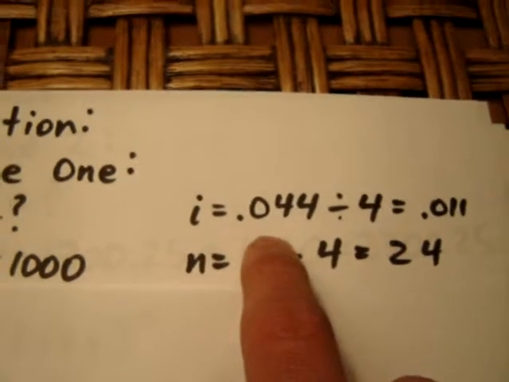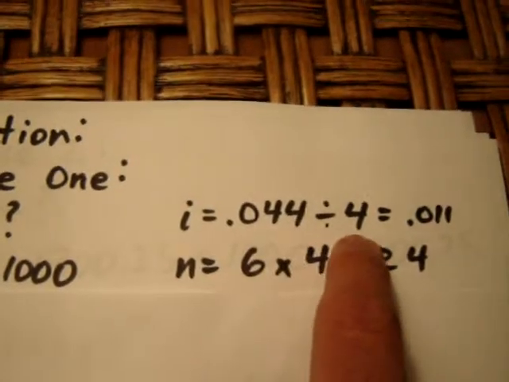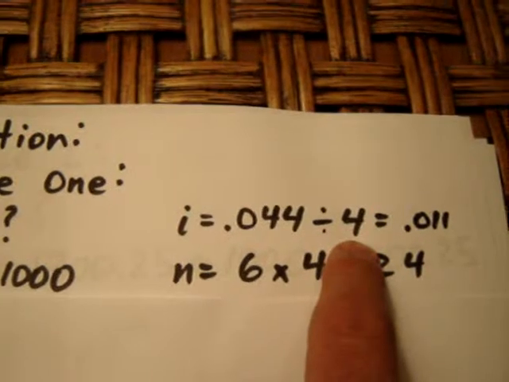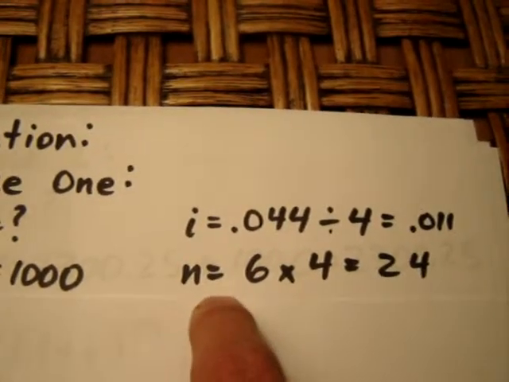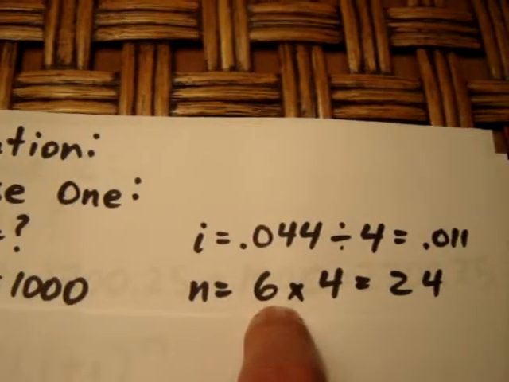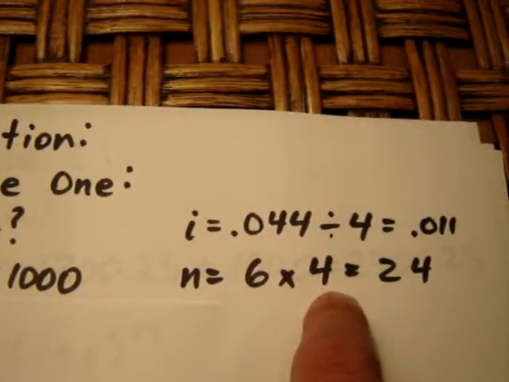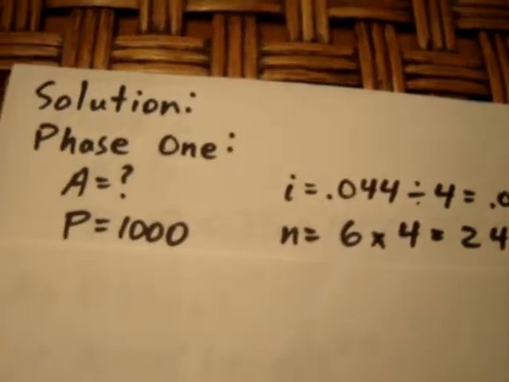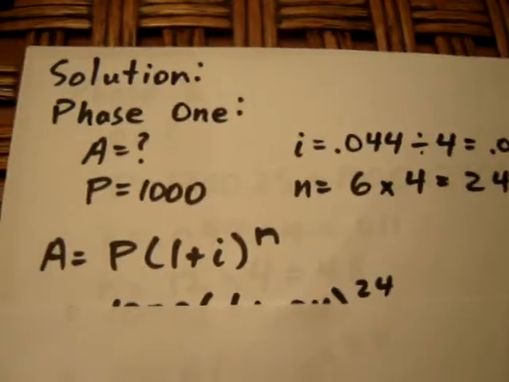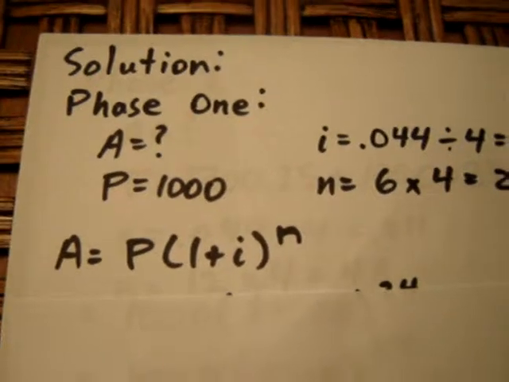Little letter i was 0.044 divided by 4, since the compounding rate was quarterly, which was 0.011. And little letter n was equal to 6, the number of years, times 4 because of the quarterly compounding frequency, which became 24. So we plug these numbers into our formula, A equals P times (1 plus i) to the n,